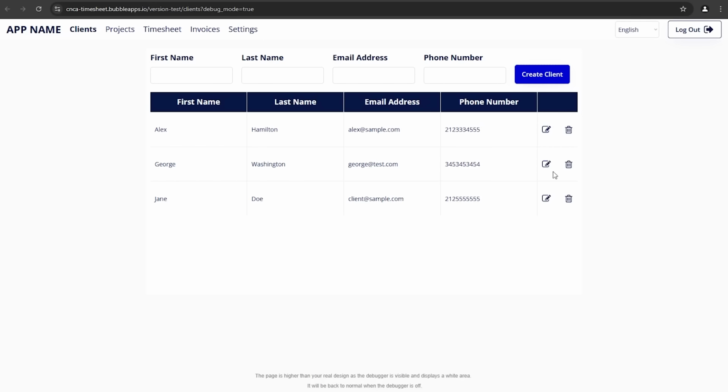All right, let's do this one more time. Let's say Alex Hamilton turns into Alexander Hamilton, and we'll say Alex at test.com. And let's get rid of Alex's phone number. He doesn't have a phone number here. Okay, save changes. We can see those have been modified. Just a direct update. Now, if I wanted to delete this client, for example, let's click on the delete icon